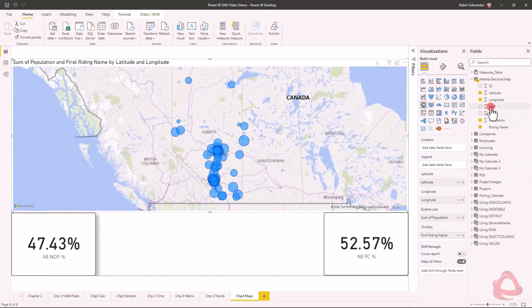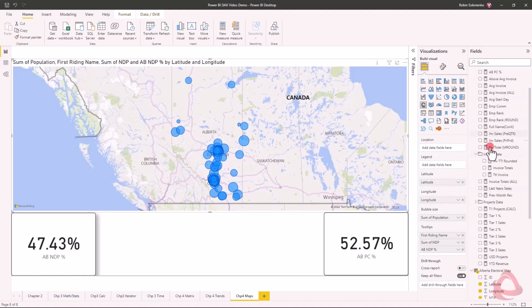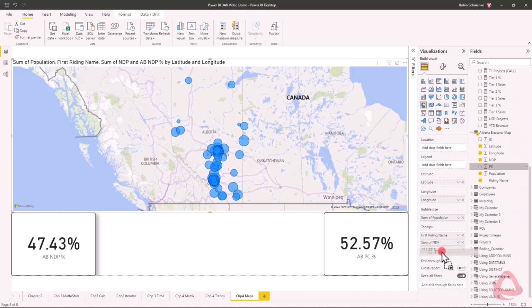And then the NDP I can put in there. And then I can throw in the measure, Alberta NDP. And then I'm going to take PC